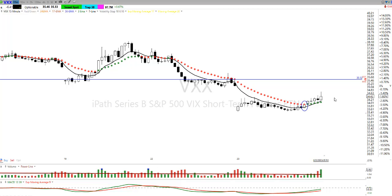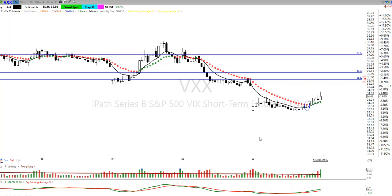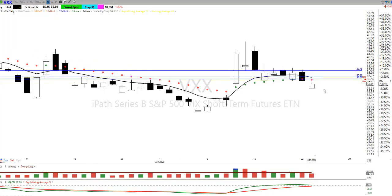We'll see how it acts. But as we look at this chart on the 15-minute, a few targets to the upside. One's going to be about 30, we'll just say 36, and then maybe up here around 37 and some change. Going back to the daily, you can see that starts flirting with these daily candles in here. Now, if the VXX can get above that 37.50,